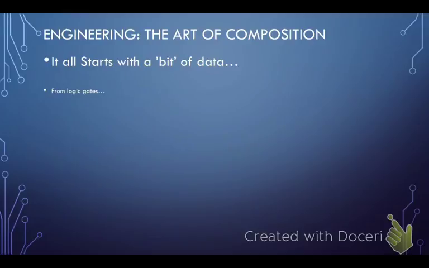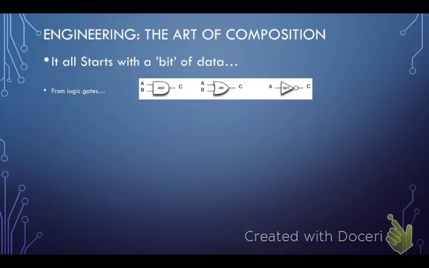So we start with very simple logic gates, and if these are confusing to you, you may have missed a screencast, so go back and look for the one on binary circuits. But suffice it to say, we begin with very simple circuits, switches, and automatic switches. Then we organize those simple things into these logic gates. So we literally start with the ability to turn something on or off, and to do so automatically. We build up to this concept of a logic gate.